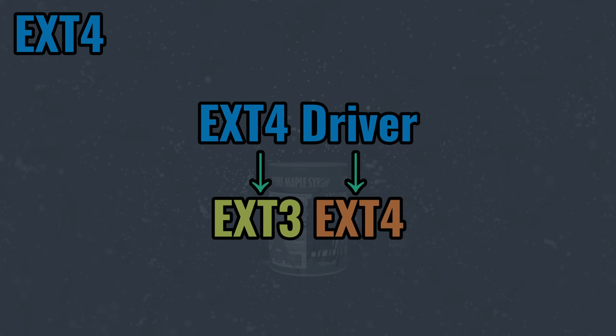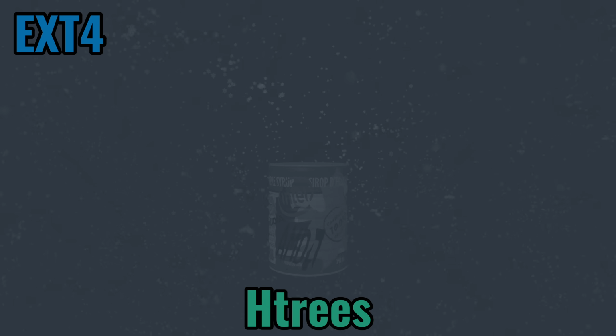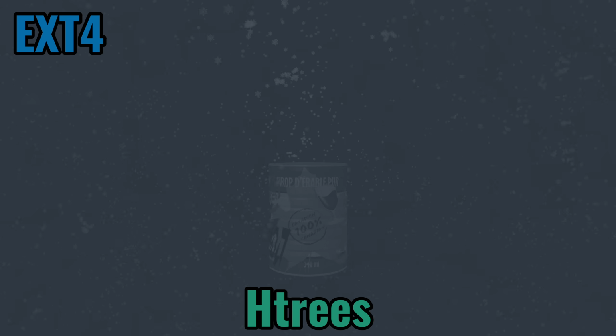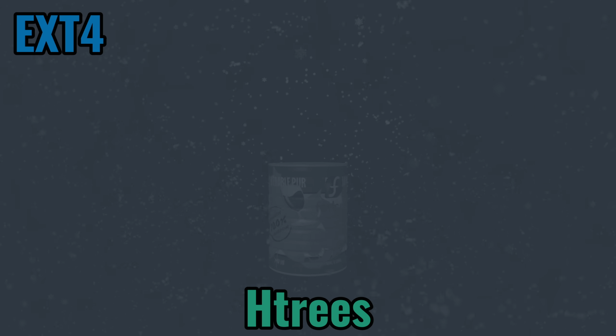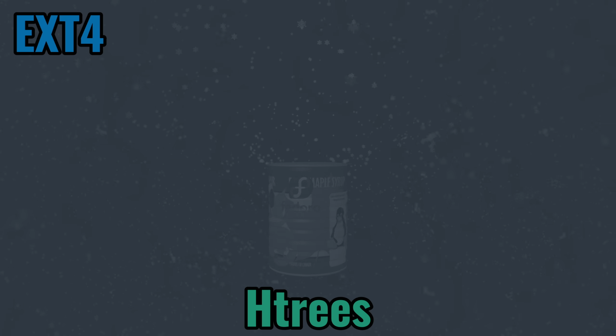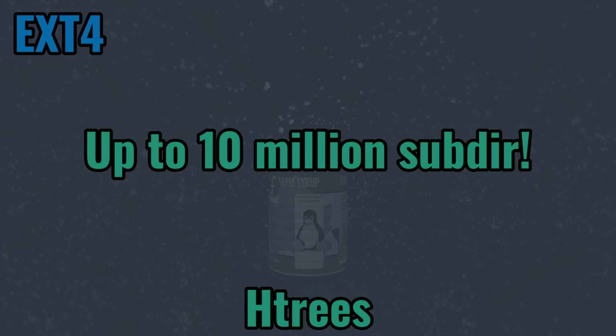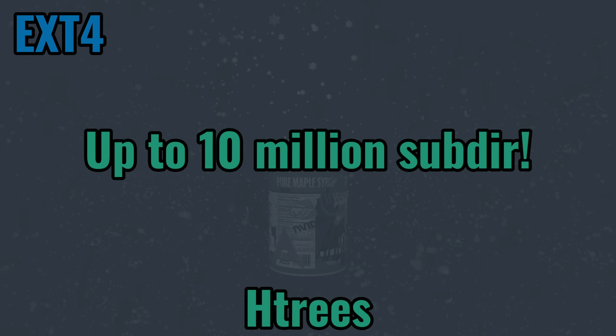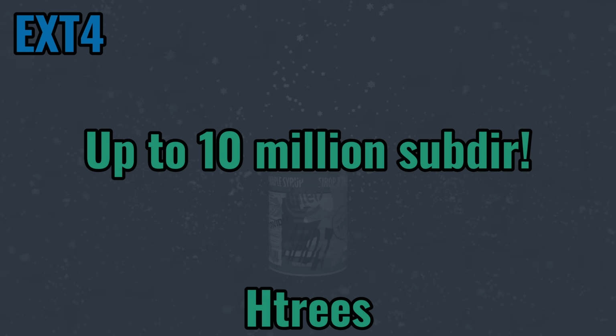One of those was, of course, Htrees. Htrees were now enabled by default. Up to 2-level Htrees were the default. Now, this allows you to have up to 10 million subdirectories inside of a directory. So that's a lot. Before it was 32,000, so going to 10 million is really great, but they still wanted